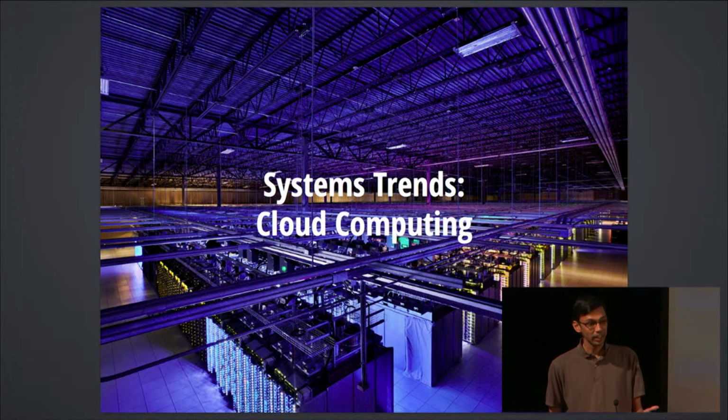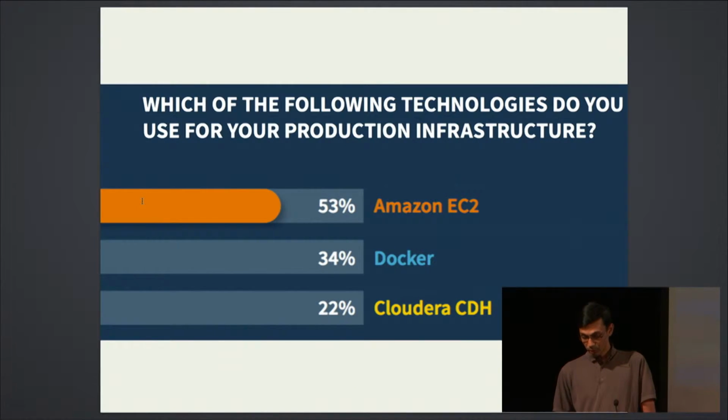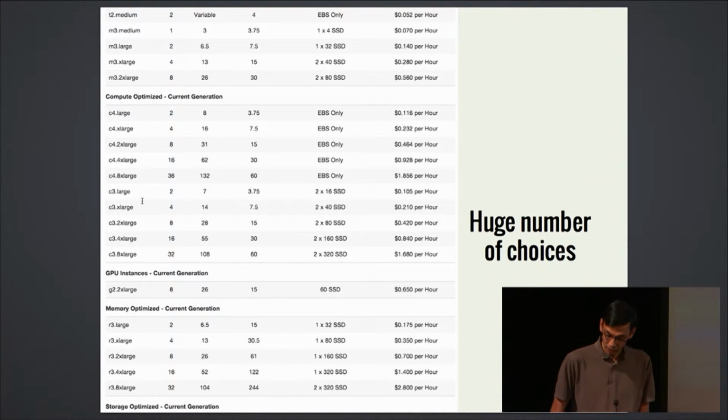So what happens when a new user who wants to execute some of these advanced analytics workloads goes to deploy some of this in the cloud? Before I get to that, there's also a recent survey of Spark users that was done by TypeSafe, and it showed that more than 53% of the users actually deploy their production infrastructure on Amazon EC2, which is using Spark to run some of these workloads. So when some of these users go to EC2 and they want to launch their new job to run their machine learning job, what do they see?